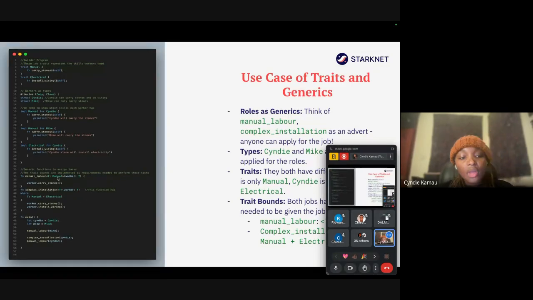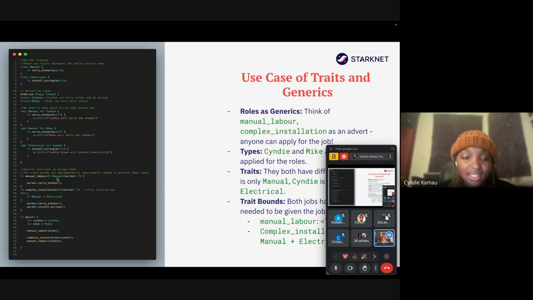So, as you can see here, I also needed to put a specific restriction. For manual labor, I only need people who are manual, so I had to put the manual trait as a restriction here.